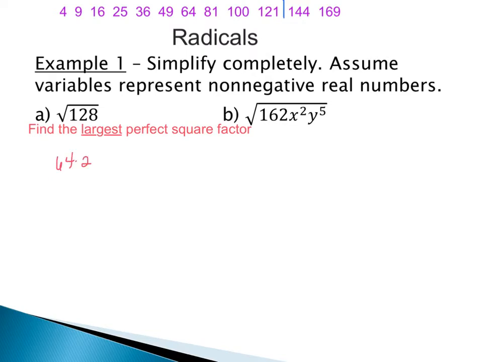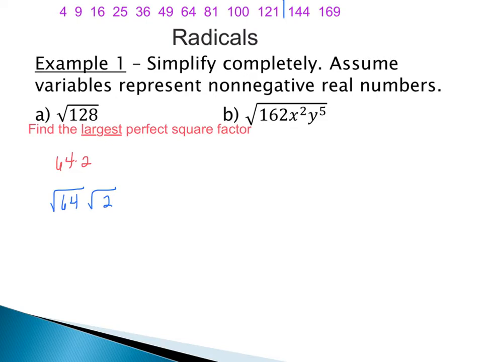Like I said, in this case, we actually have more perfect square factors. 16 times 8 would have worked, and 4 times 32 also would give you 128, but we want the largest perfect square factor. Once we find the largest perfect square factor, we want its factor pair. So 64 times 2, we need both of those numbers. We're going to be taking the square root of each of them. I like to think of our first square root as our perfect square root, so I'm going to put the 64 in our first square root. The second one is our extra number, our non-perfect square. It's better to put this perfect square first, because then we want to actually figure out what that is.